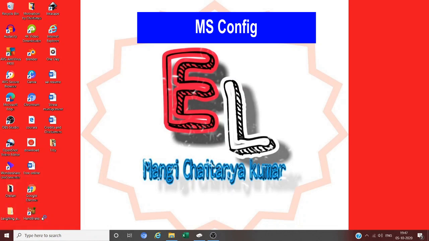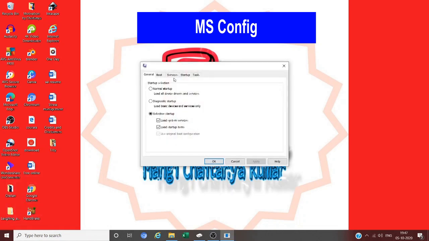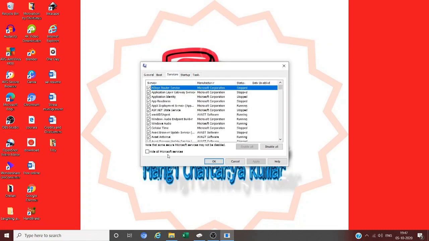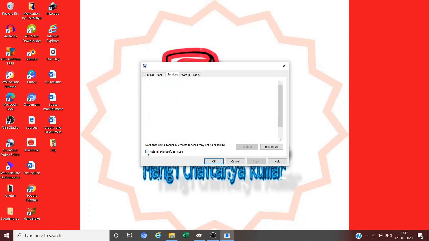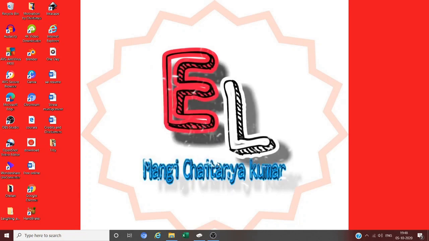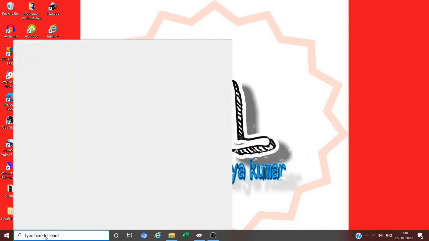Once you type this, you'll get the window. Here you select the Services tab. What you have to do is hide all Microsoft services, you don't have to disable them. Just tick this and then press OK. That's it.